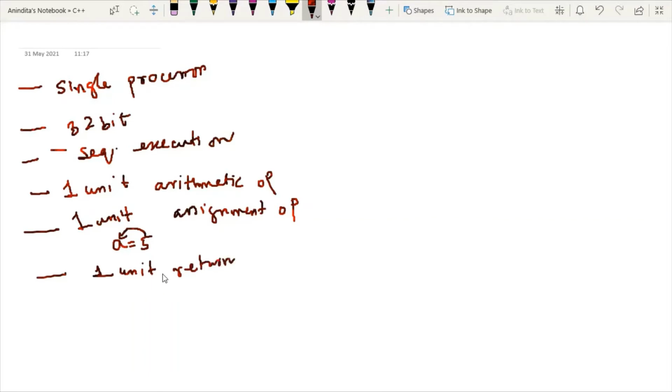So if I write return a, it will take 1 unit of time. Now try to understand with this specific configuration how we can calculate the time complexity. Consider this example 1. I am writing one pseudocode: say we have one sum function, and within this sum function I have one return statement, say return a plus b.